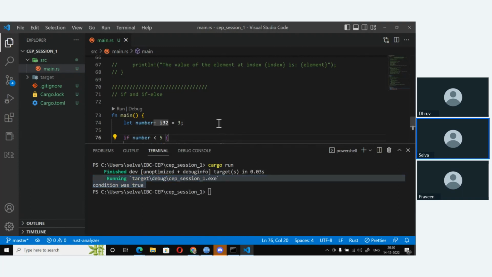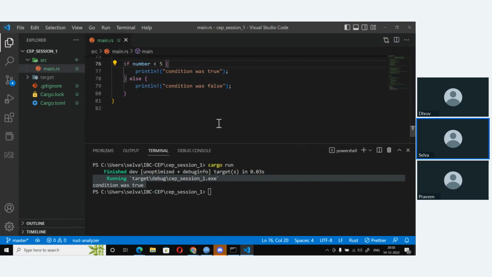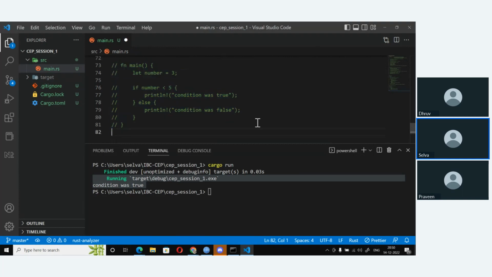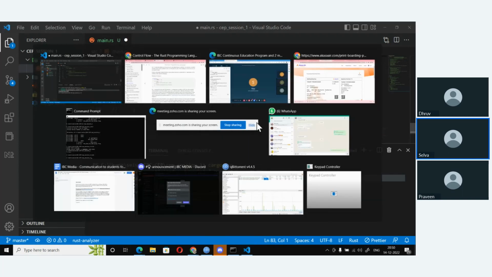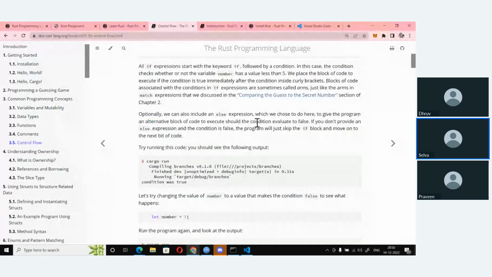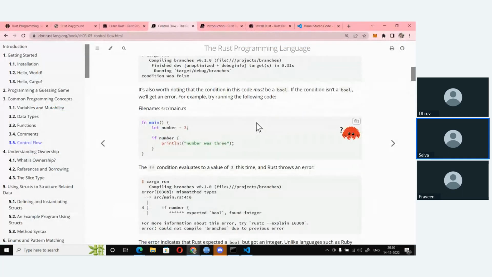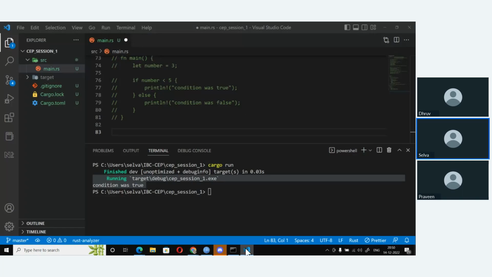Now, if you want multiple if elses for multiple conditions. Another thing is, it's not necessary that you need to have an else.